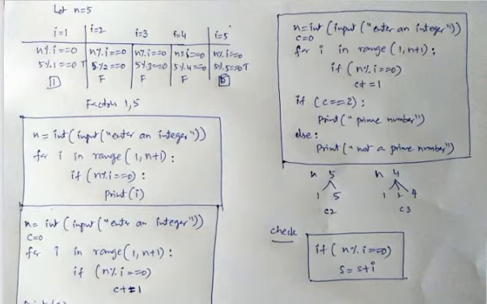Now look at the third program on the right hand side. I just made some changes in the second program. I added if statement. If c is equal to 2, prime number, otherwise not a prime number. Again check it out. If n mod i equal to 0, the colon is missing there. I have not mentioned the colon there. You just put the colon and execute the program.